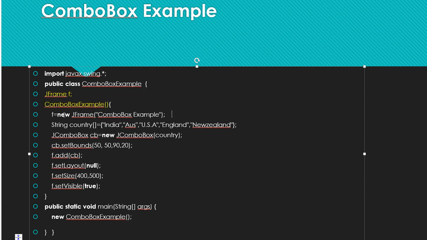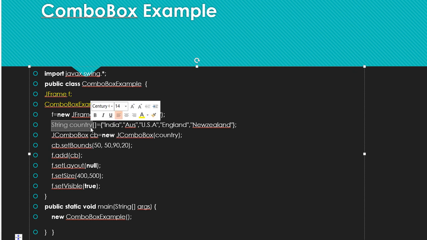Within the constructor we have to initialize the objects which we want to have. So f is the object of a frame, and the frame is initialized: f equals new JFrame. The frame name is ComboBoxExample. Fine. Next is string country.